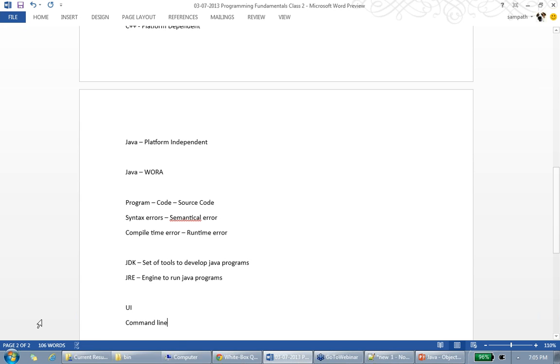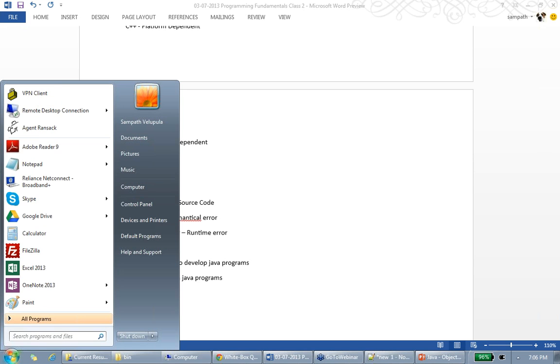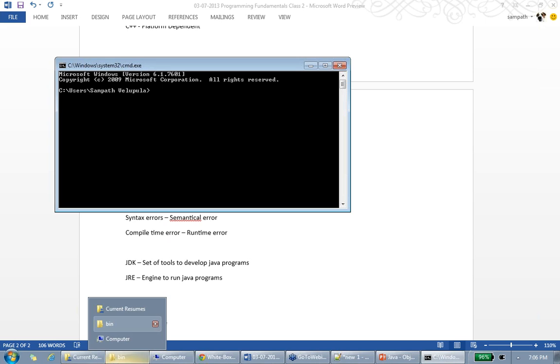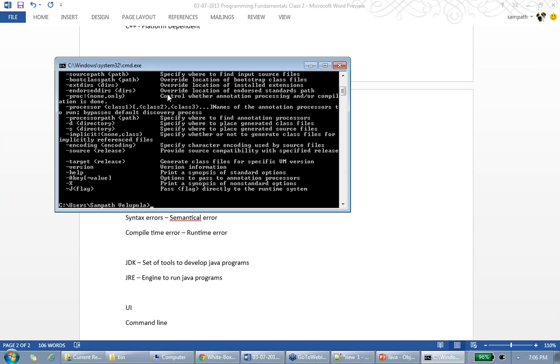Agree? Command line tools. So how will you open a command line in Windows? Go and just type command. Okay. Or go to Run and just type the CMD command. So when you come here, for example, I want to use the tool called javac. Now I know that there is a tool called javac, but when you use it for the first time, especially on a Windows machine, when you type javac, it won't